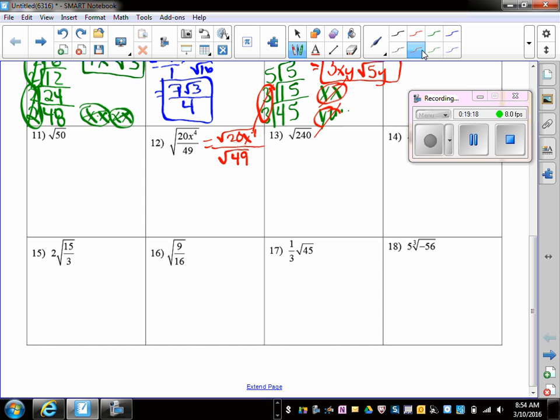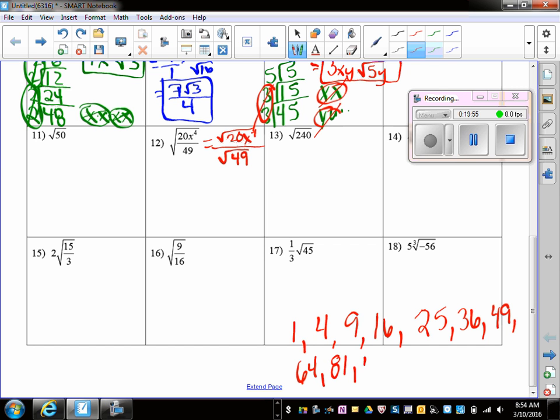Is it 10? 10 times 10 equals 20? No. No, it's not a perfect square. A perfect square is something that when we take the square root of it gives us a nice whole number. Our perfect squares are 1 squared is 1, 2 squared is 4, 3 squared is 9, 4 squared is 16, 5 squared is 25, 6 squared is 36, 7 squared is 49, 8 squared is 64, 9 squared is 81, 10 squared is 100,